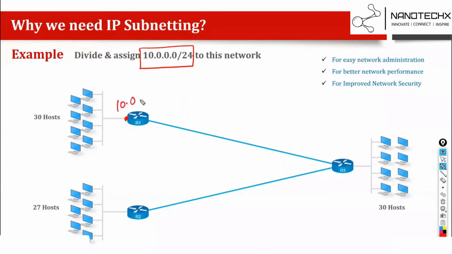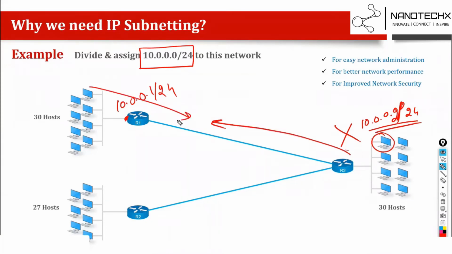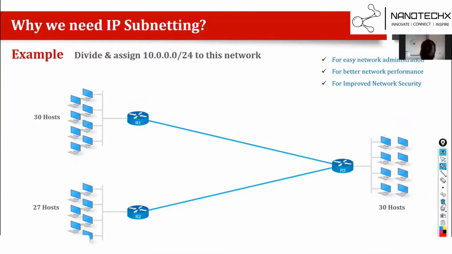10.0.0.1/24. If you go to the other side and try to assign 10.0.0.2/24, is it possible? No. It will give you the error if it is the same router, but it will allow you to configure, but then there will be conflicts because networks are overlapping now. You will have suboptimal routing, security concerns, bad performance, and the network will not work